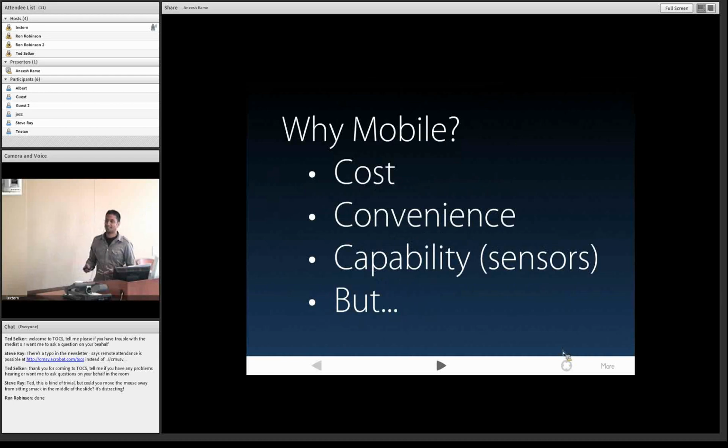Why is this happening? So there are some obvious answers, but I don't think this succeeds in explaining the whole phenomenon. So cost is one. Convenience is another one, right? It's your mobile phone, the best phone is the phone that you have with you. The best device is the one that's always with you, which is typically the mobile device. Enhanced capability. I don't think Apple could have foreseen the amount of innovation that you would get by packing a bunch of sensors onto the device. The things that people have done with the accelerometer, with the gyroscope, with the magnetometer, really, I think, have exceeded their expectations. And we'll talk a little bit about that.